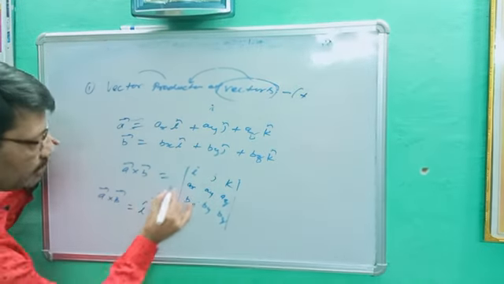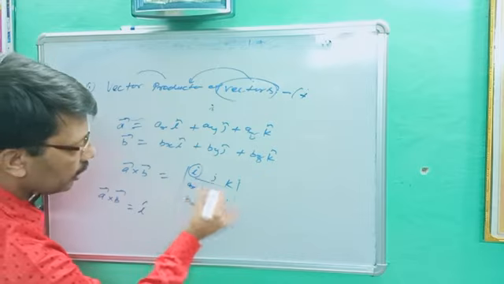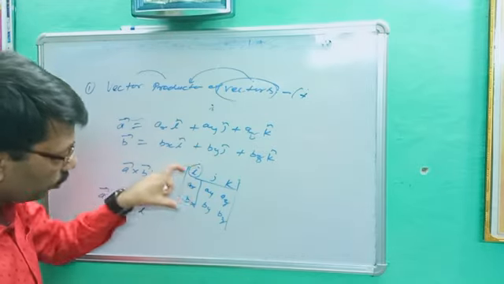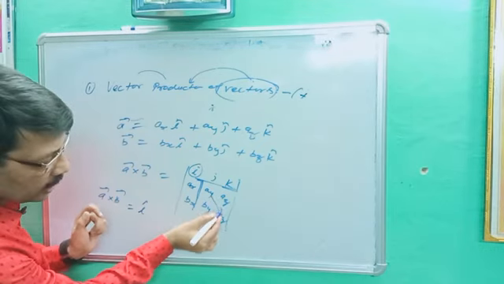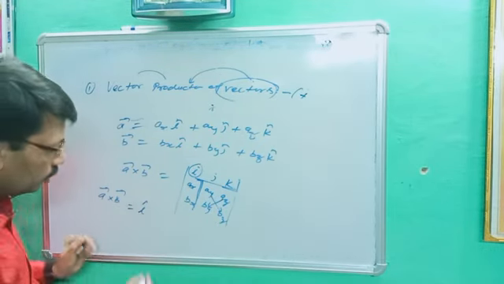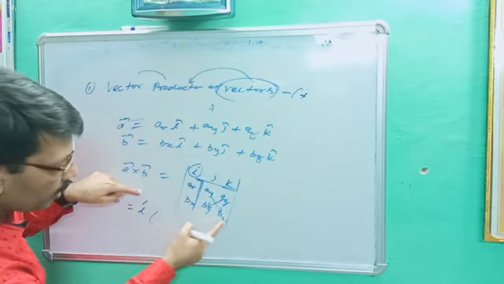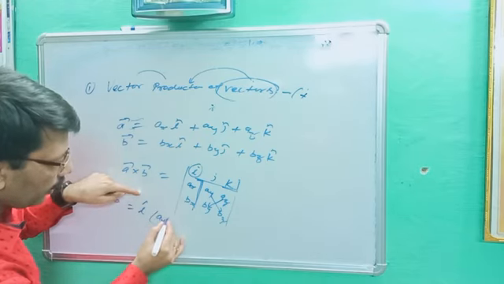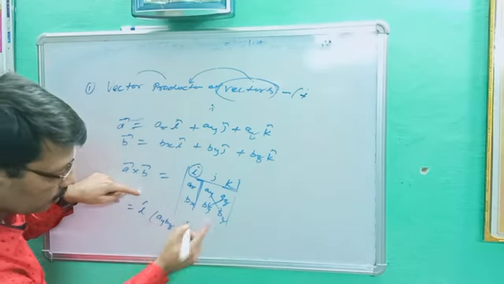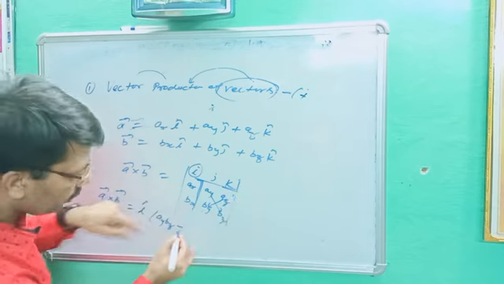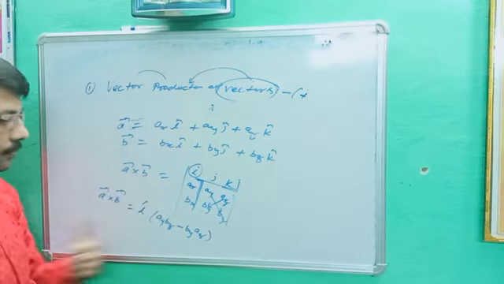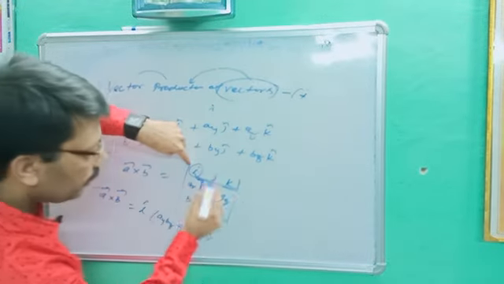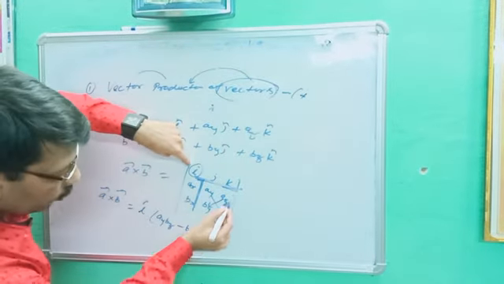First you put i cap. We are trying for i cap. Their front values, or the front row and column, will be vacant, so this and this will cancel out. This into this minus this into this. This is the rule. So what do we get here? i cap into ay bz minus, cross product, by az. This is i cap. Are you getting? This and this will be left out. You will get four quantities: this into this minus this into this.